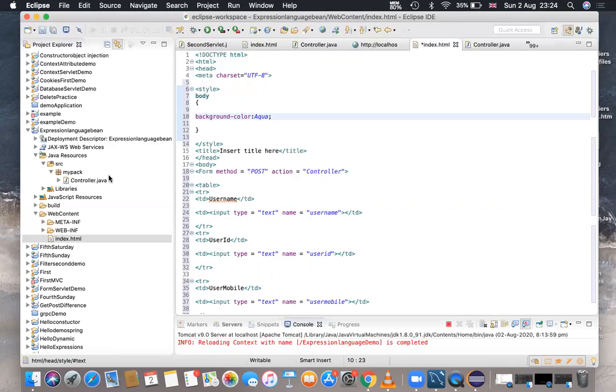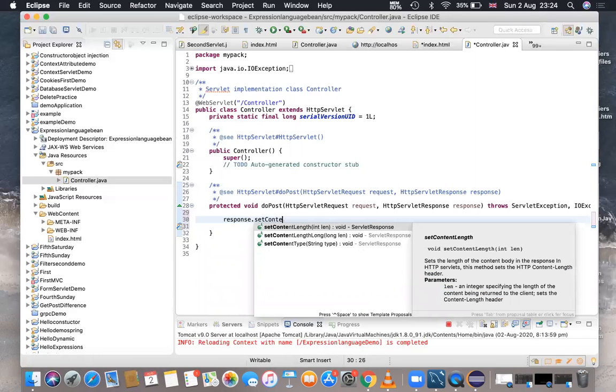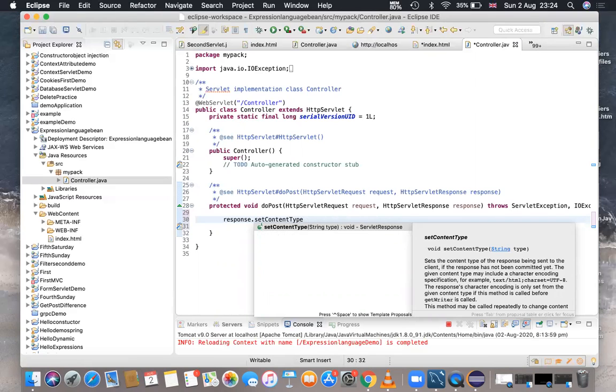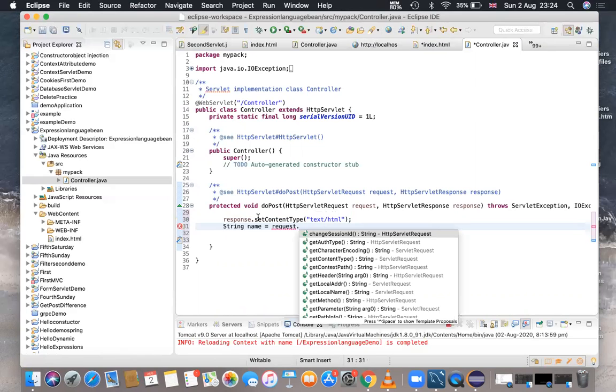So this should go to this controller, Controller.java. I am writing inside this doPost. What I'm going to do is retrieve these. First you write response.setContentType text/html, and then String name equals, I'm retrieving the parameter submitted by the HTML form, request.get